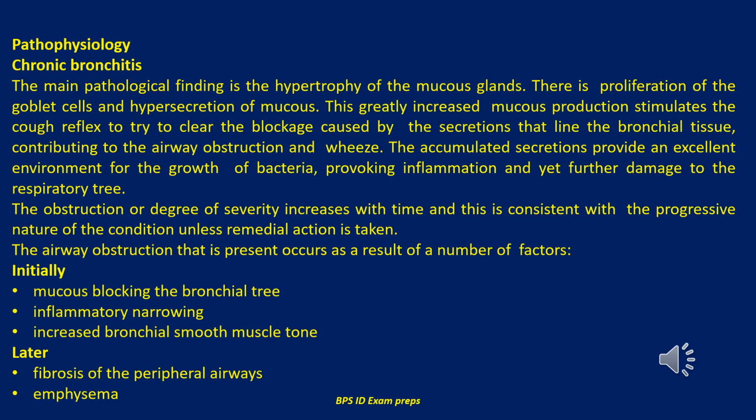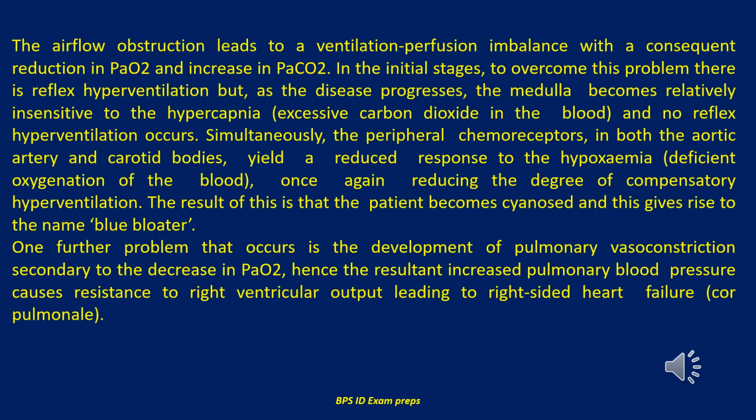The airway obstruction that is present occurs as a result of a number of factors, initially: 1. Mucus blocking the bronchial tree. 2. Inflammatory narrowing. And 3. Increased bronchial smooth muscle tone. Later: 1. Fibrosis of the peripheral airways. And 2. Emphysema. The airflow obstruction leads to a ventilation-perfusion imbalance with a consequent reduction in PaO2 and increase in